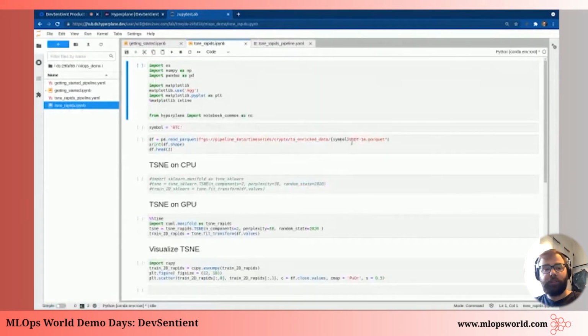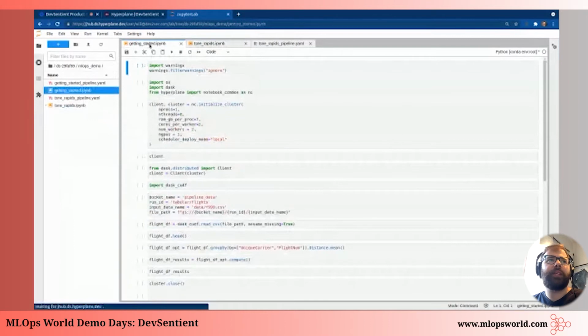And if you've used Jupyter Notebooks before or Jupyter Lab, you should be pretty familiar with this interface. Over on the left here, we have a user-mounted file system where users can download files or download Git repositories to work with. And then over here on the right, we have the main Jupyter Notebook interface where I have a couple notebooks and some files open that I'm going to walk through.